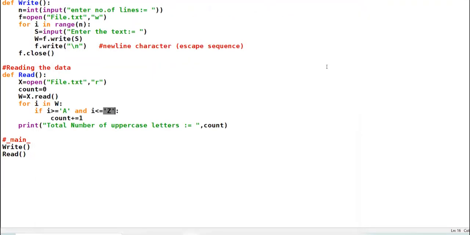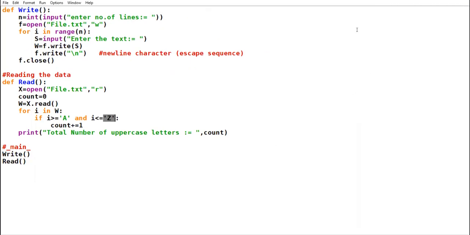Okay. In the same program, I am taking another concept. Now you are to count lowercase letters. Who will tell me? What change will come if I want to count the lowercase characters? Yes, Mohit Davar. Good morning, sir. Very good morning. Sir, in the place of capital A and capital Z, small a and small z. Excellent, Mohit. Very nice. I appreciate.